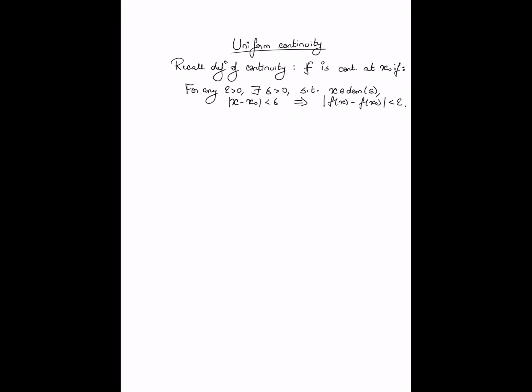Right? In other words, whatever threshold epsilon I pick on the gap between the function values, I can come up with a delta such that so long as your argument lies within a delta neighborhood of x0, the gap between the function values is also guaranteed to be less than epsilon. And this is what is capturing the intuition that as x approaches x0, f of x approaches f of x0. So as you get closer and closer to x0, the function value gets closer and closer to f of x0, right? Which is what implies continuity.